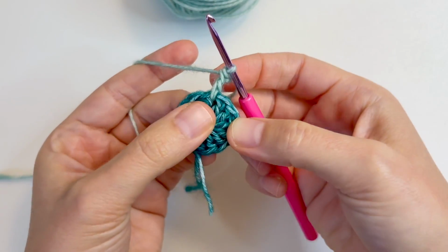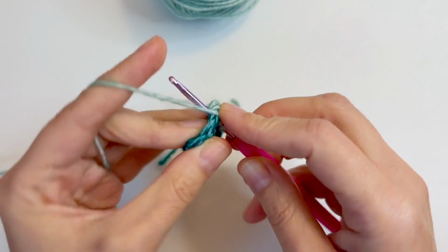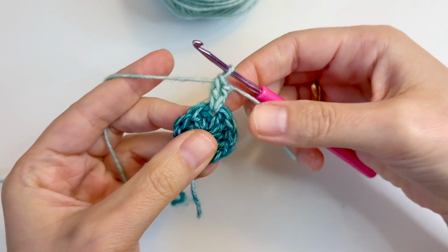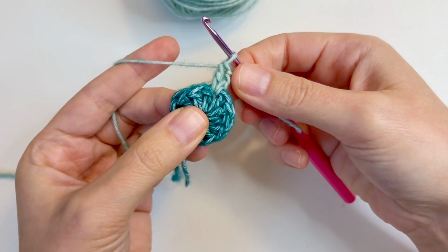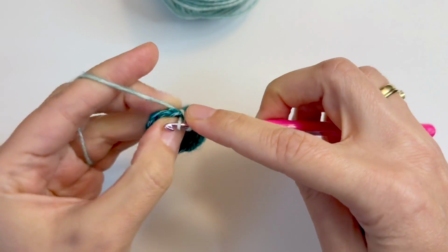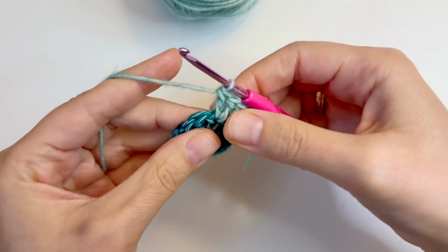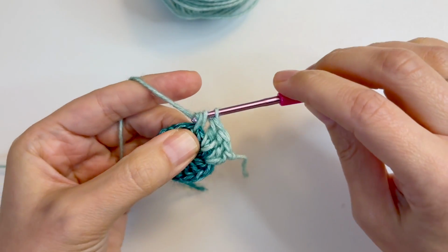so this is our first double crochet for this second round. We will continue to make 1 more in the same space, and this will be our repeat for this second round. So in each space between 2 double crochets we will work 2 double crochets. So we go into the next space and work 2 double crochets, 1 and 2, the same to the next space, we work a set of 2 double crochets,